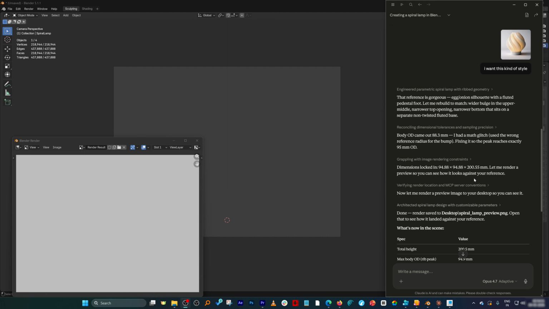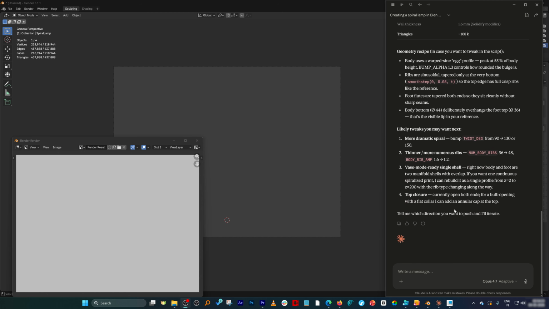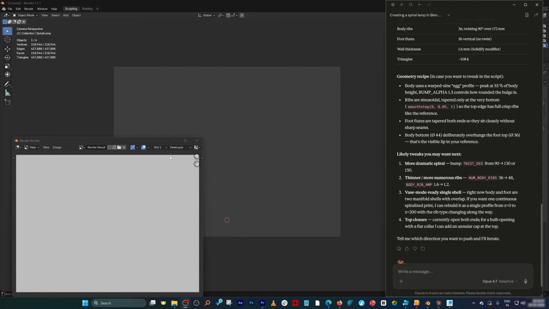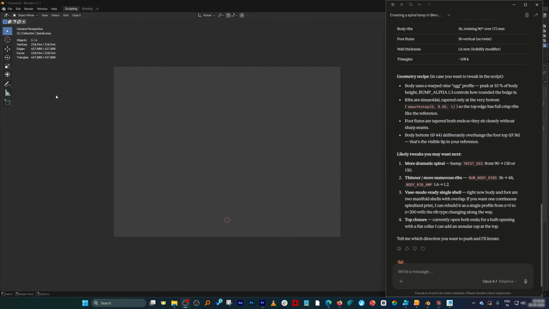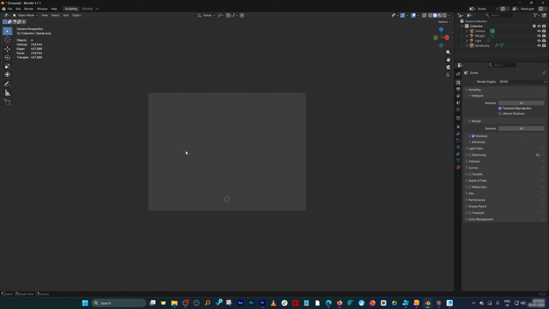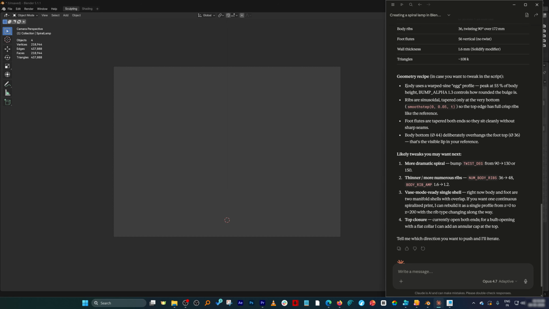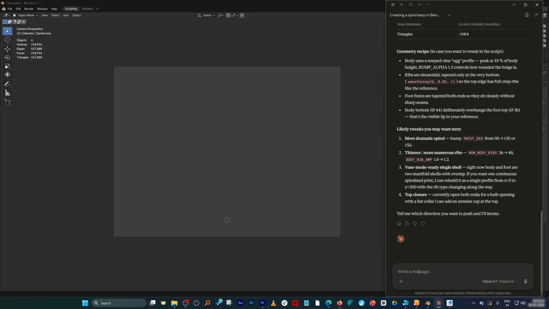Alright, so here we can see it tried to build this, and now it has opened something, and it also has opened the render screen, and it seems like Claude AI may not be able to reach the conclusion because it is asking us so many questions. For example, what tweak you want to make, and so on. As a newbie, the only thing I'm going to say is, I cannot see anything on the screen,